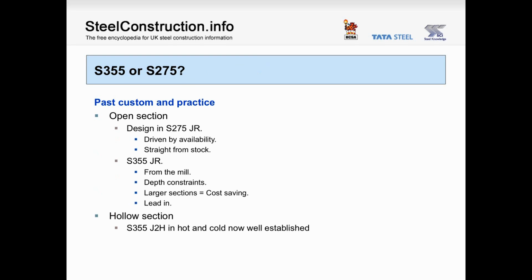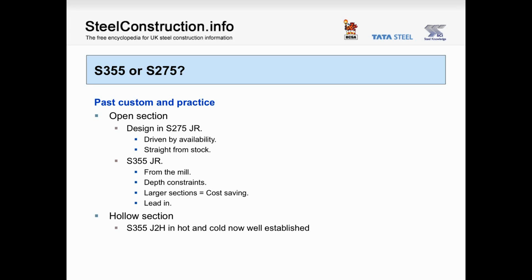So, S355 or S275, which grade of steel should we use and why? Let's start by taking a look back at past custom and practice. Once upon a time, the norm for open sections was to design in S275JR material. This decision was based primarily on availability and based on the knowledge that all stockholders kept a supply of sections